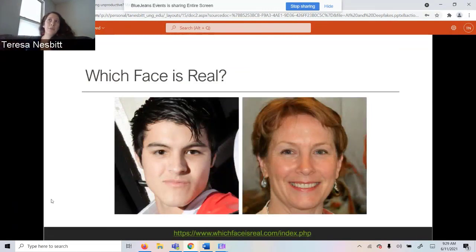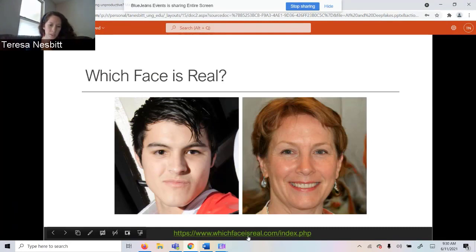Altering and manipulating pre-existing images, you can also generate entirely new images from scratch using deepfake technology. So you can train an algorithm on an image bank of people's faces. It will learn from that and just assemble an entirely new face of somebody who never existed. And again, if you want to just play around with this and see how uncannily accurate some of these faces